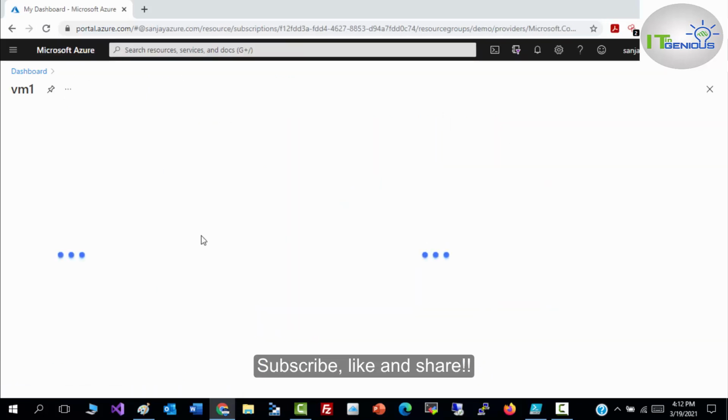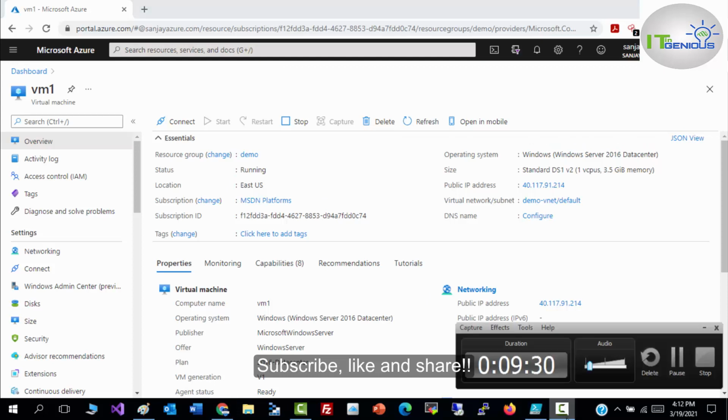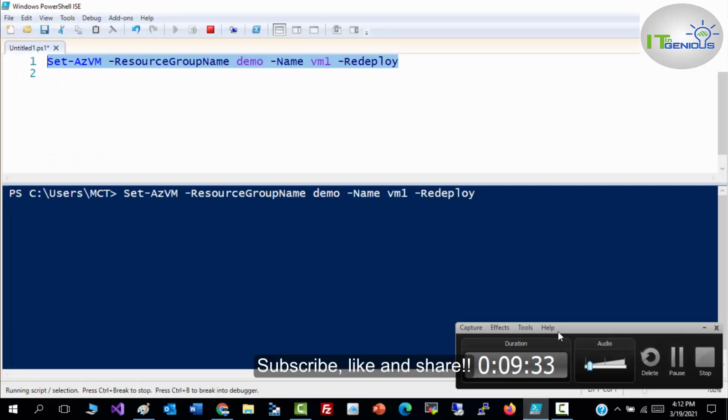Let me refresh my browser as well. It will take a few minutes to update your status, and whenever you redeploy, there will be downtime for your application, which you need to remember.